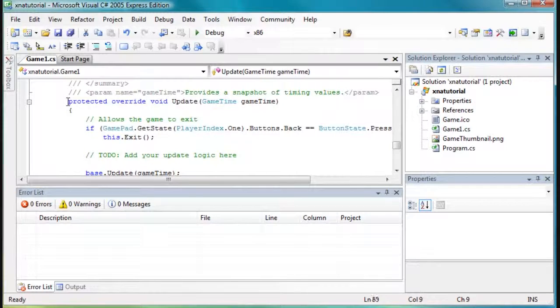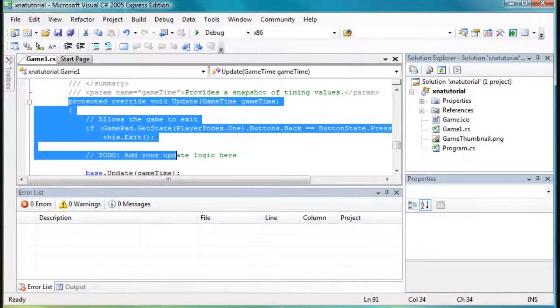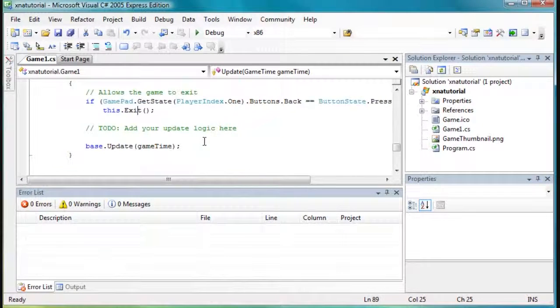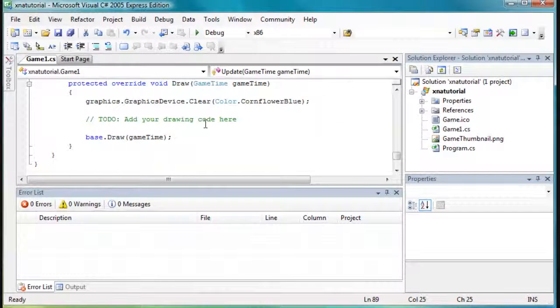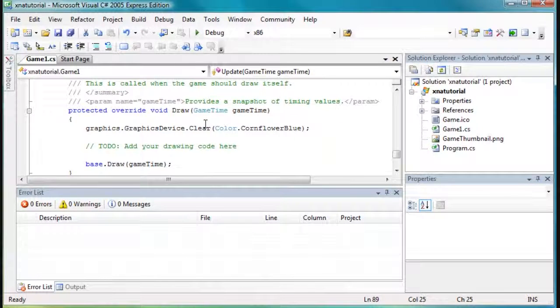Then you have an Update method, and this is where you put your game update. What this method will do is, let's say you want to move your sprite from one position to another. That's what you'll do in your Update method. Or you want to get your key presses for this particular frame. That's what you're going to do in the Update method. Then we have a Draw method, and